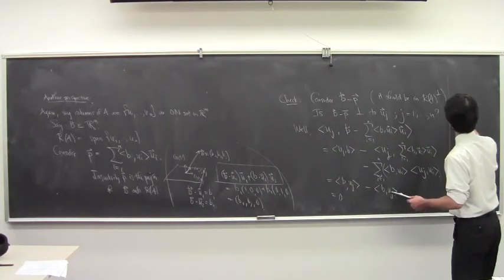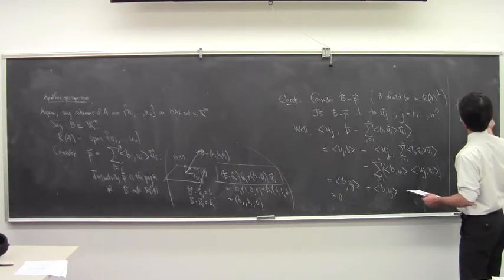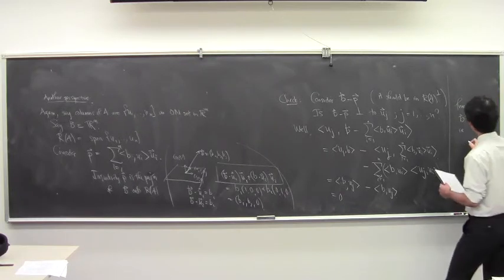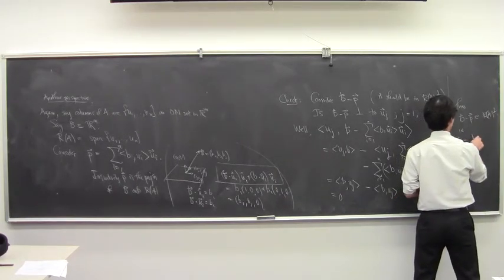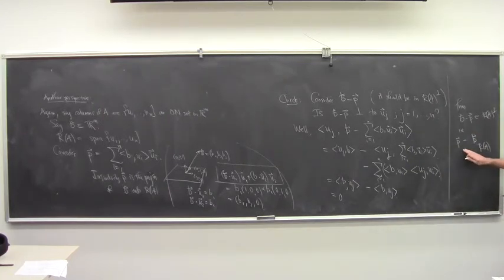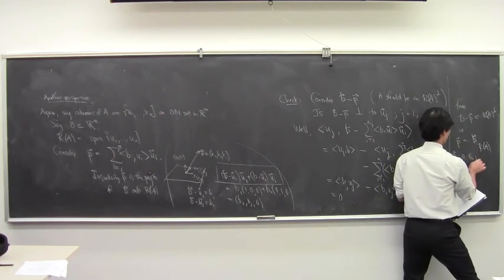So what does that say? Thus, b minus p is in RA perp. In other words, p is the projection of b onto RA. P is the projection of b onto the RA space, because when I subtracted it off, I got something in RA perp. So P is the projection